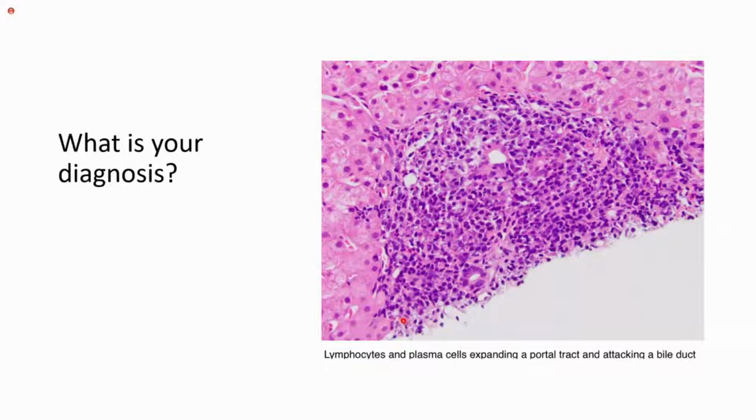شايفين in this picture lymphocytes and plasma cells expanding portal tract and attacking a bile duct. إيش ال diagnosis؟ إيش رأيكم؟ شايفين this is a bile duct وفي lymphocytes داخلين and plasma cells. هاي plasma cell شايفينها؟ This is a plasma cell. Primary biliary cirrhosis. لا احنا حكينا لما نشوف plasma cells ايش بيكونوا هدول؟ they are diagnostic of what disease؟